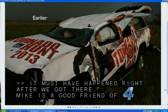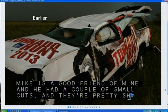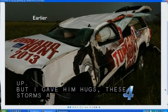But I gave Mike a couple big hugs, and these tornadoes are unpredictable, and it's happened to all of us. And they're out there trying to stream live video and help people out in the warning process, too. And I'm just glad everybody was okay in that incident. And then another storm chaser came up to me, and he said he had more serious injuries, and he looks